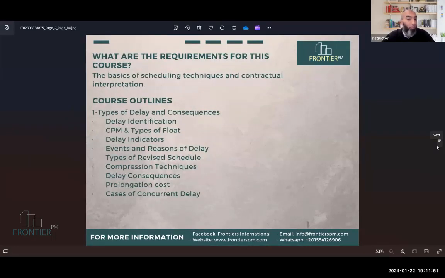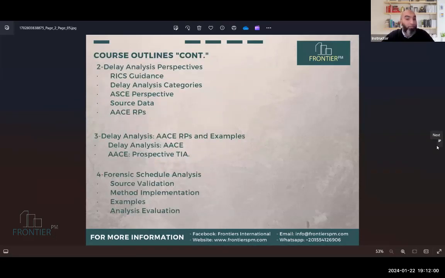The outlines: we will talk about the types of delay and consequences, delay identification, types of float and delay indicators, prolongation cost, delay consequences, analysis perspective from RICS, and delay analysis categories and source data, AACE and SCL, of course.